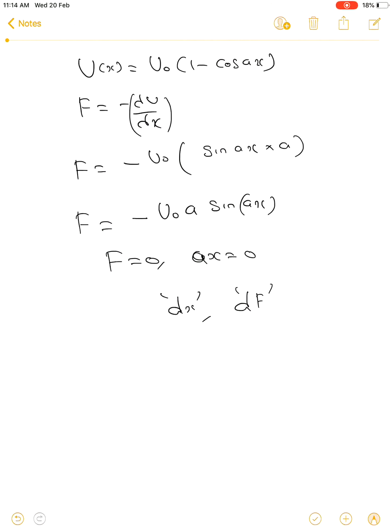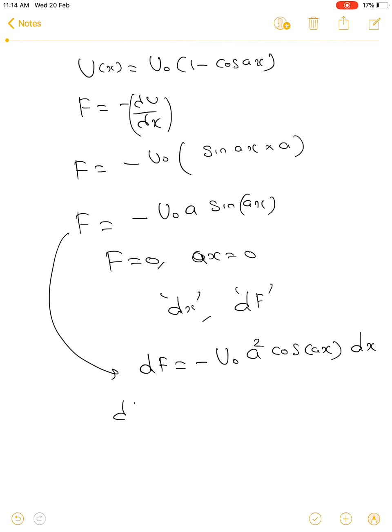For that purpose, once again we can differentiate this equation. So we can write df will be equal to minus u naught into a into sine, and the differentiation of sine ax is nothing but a into cos ax. So you can write the equation for df as a function of x. The value of df will be equal to minus u naught into a square into cos ax into dx, and we are finding the value of this restoring force when the particle is displaced by a distance dx